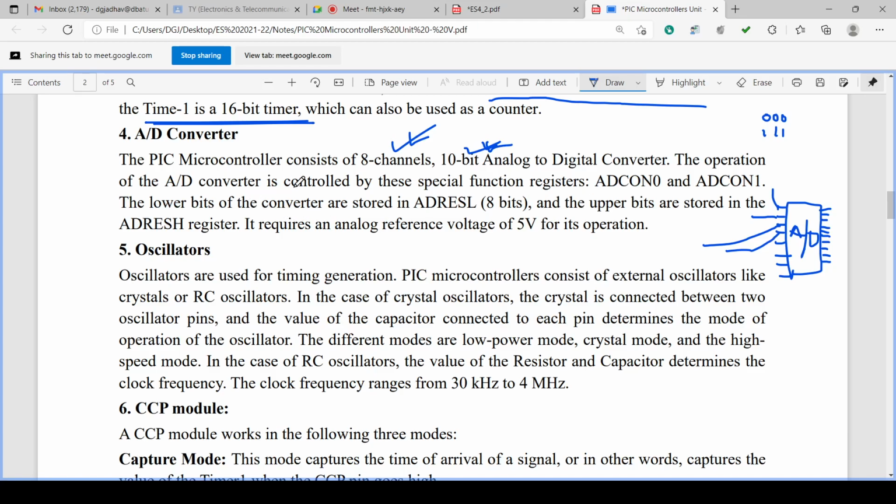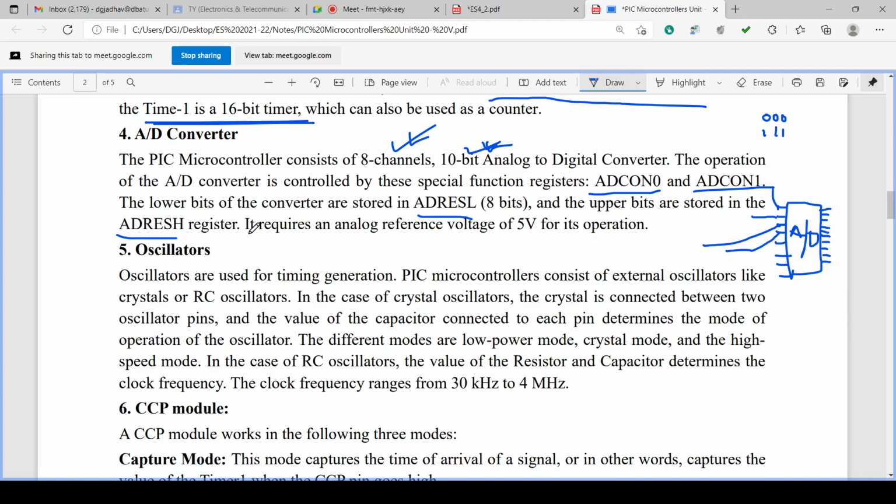The operation of the AD converter is controlled by the special function registers ADCON0 and ADCON1 of the AD converter. The lower bits of the conversion are stored in the ADRESL register, address low, 8 bits, and the upper bits are stored in the ADRESH register, address high.